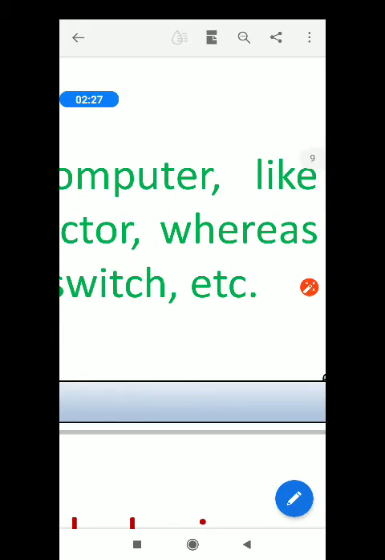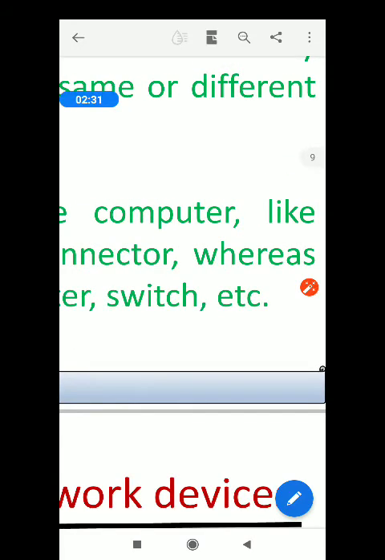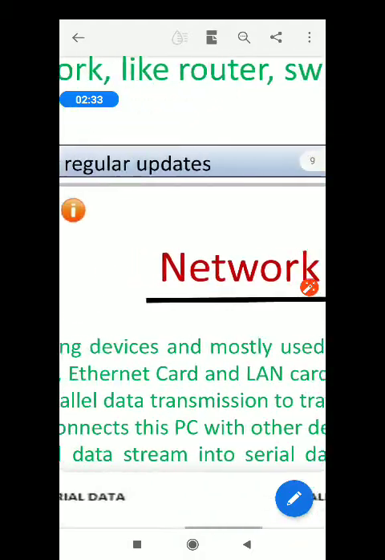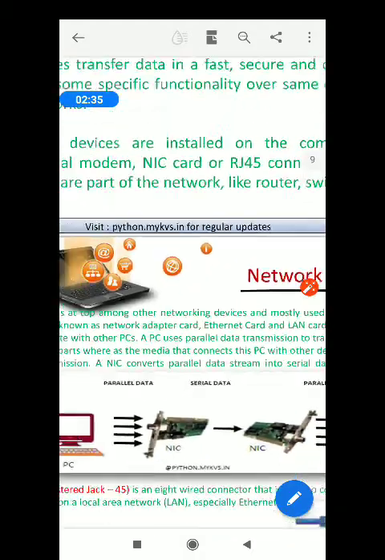These are few network devices used in computer to have the computer networks. So let us see them one by one.